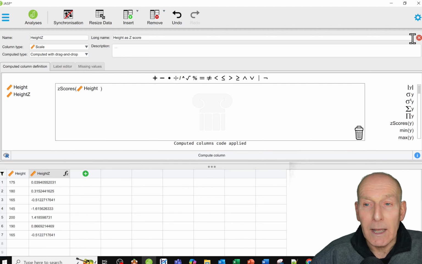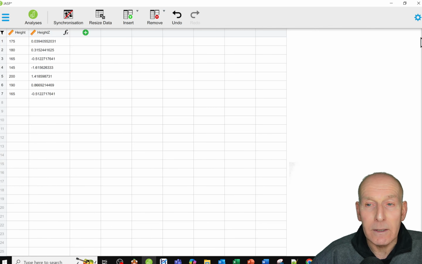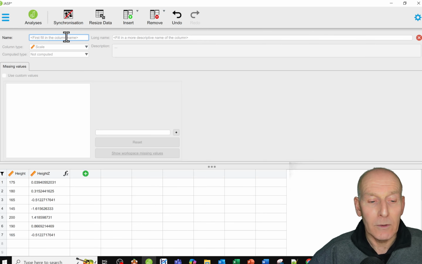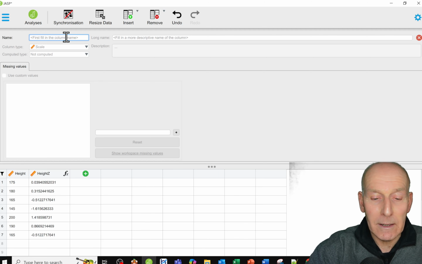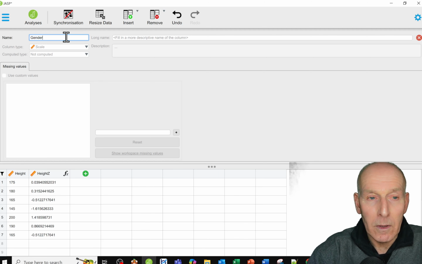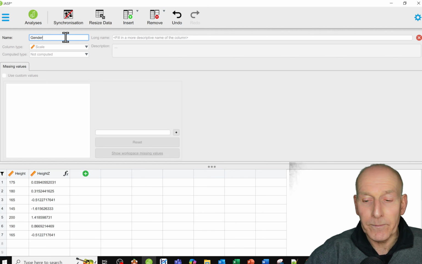So once we've done that, again, we can close down that area here. You notice that in the headings it is indicated that this is a calculated variable rather than just a simple inputted variable. We can also add another one, so I'm going to add a grouping variable. So I'm going to use gender,